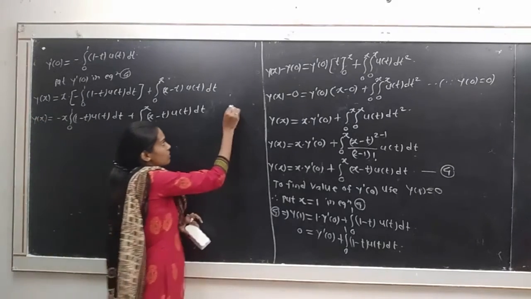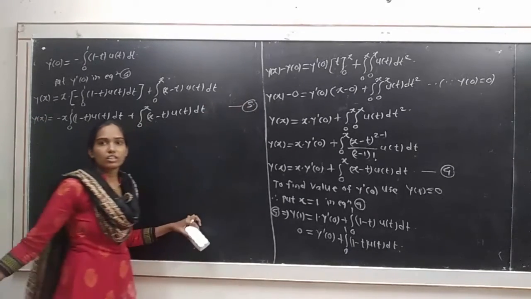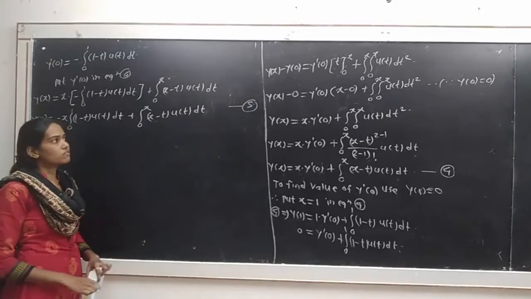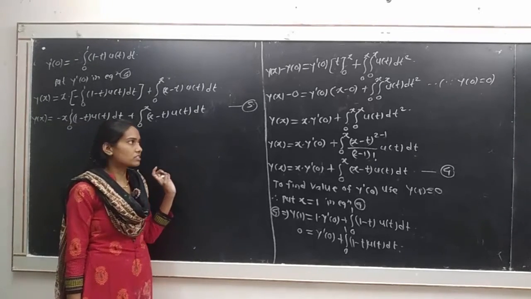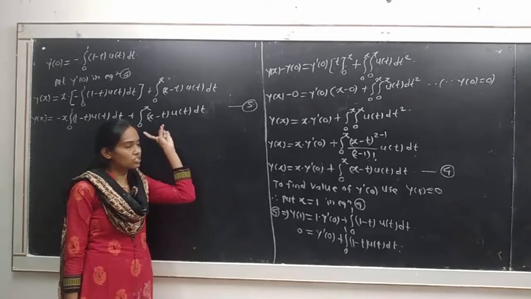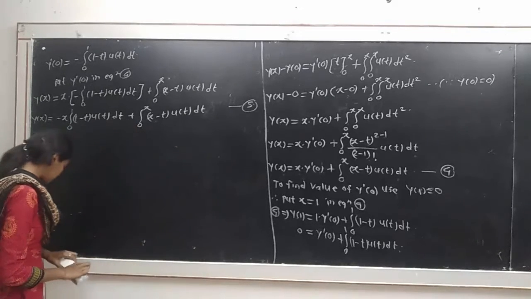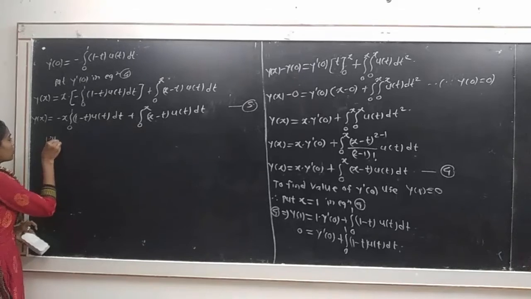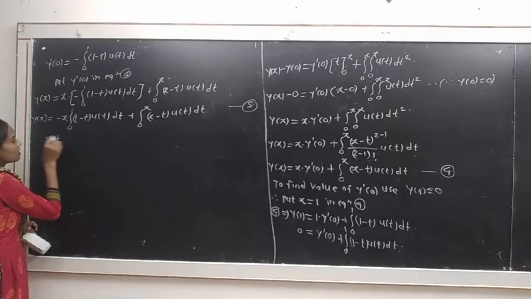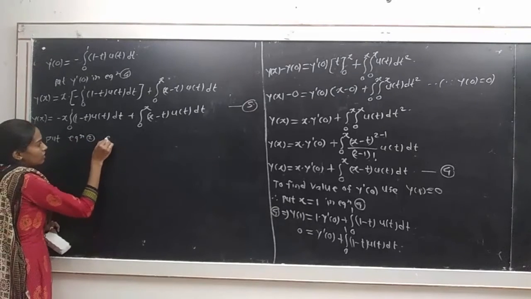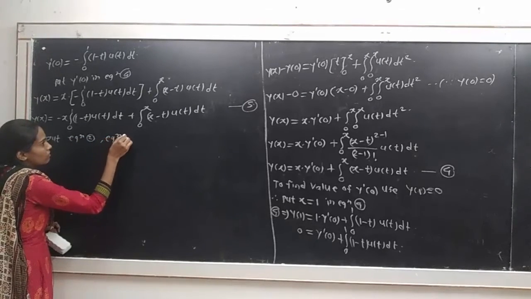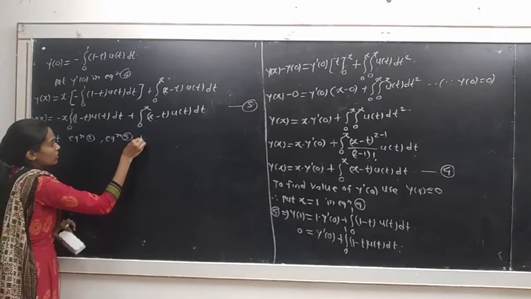Take it as equation number 5. Here we have to get all the values of the derivative, that is y double dash of x, then y dash of x, and the function y of x. Then put equation number 2 and equation number 5 in